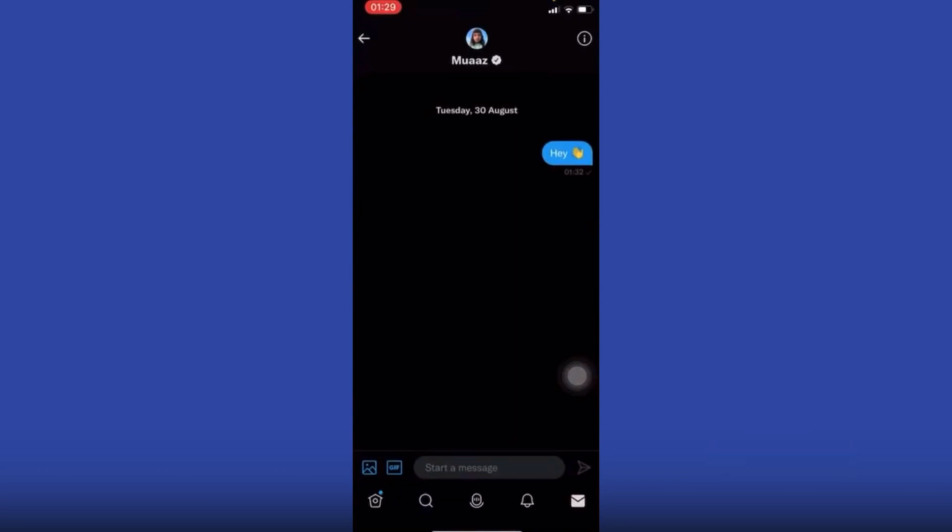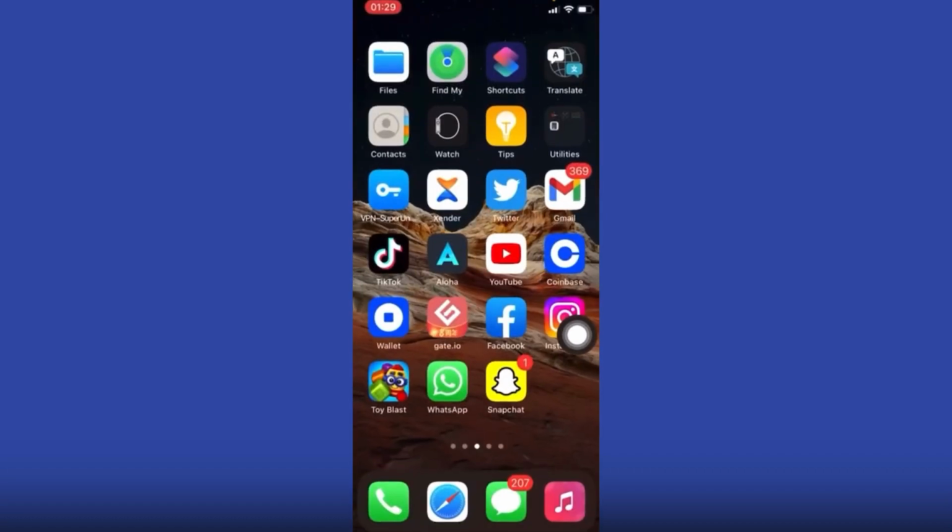You can simply do this by heading into your Twitter right here. As you can see, we are inside this message section right here. I would like to send this particular user a voice message. You cannot find the option of recording yourself and sending them a voice message directly, but what you are going to